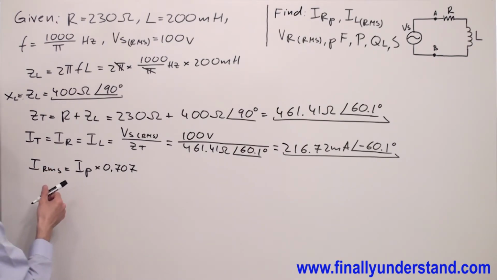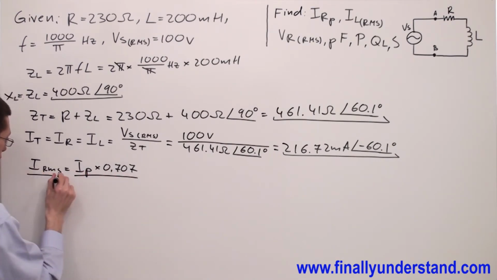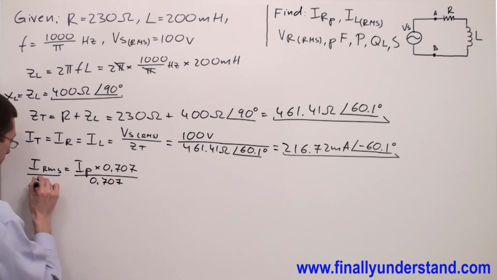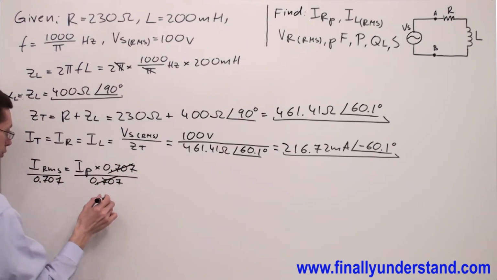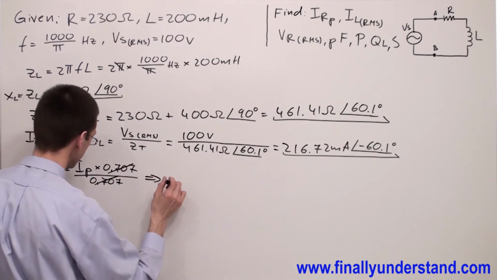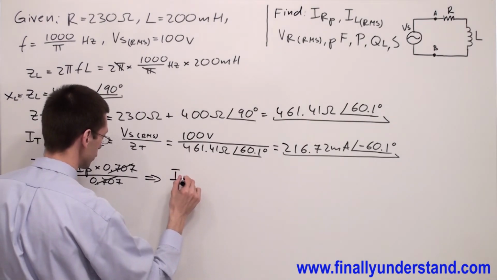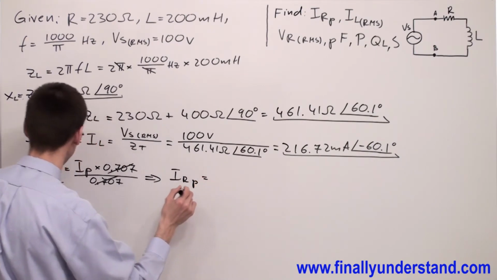So in order to find peak current, I'm supposed to divide both sides of this formula by 0.707. So I'm going to have, in this case, I, which goes to the resistor, peak, equals